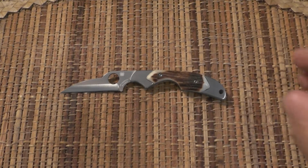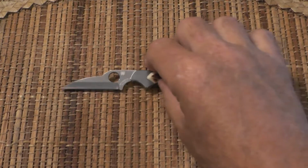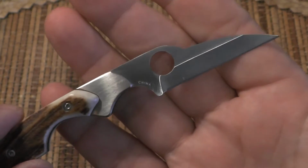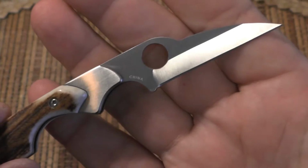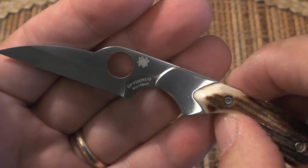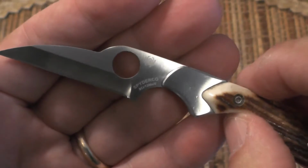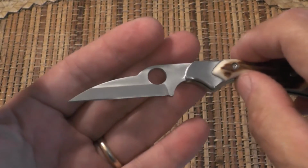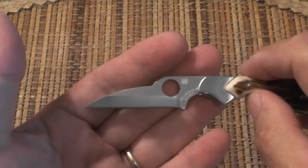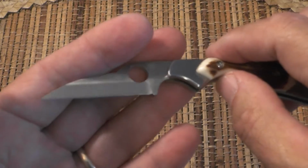So now let me go over some of the other specs of the knife while I give you a close-up look at it. And first off, it was made in China. You can see that printed right there. It used a common Chinese steel, 8Cr13MoV, which I have no problems with. It takes a sharp edge, and it's easy to sharpen. It has a hollow ground Wharncliffe blade,